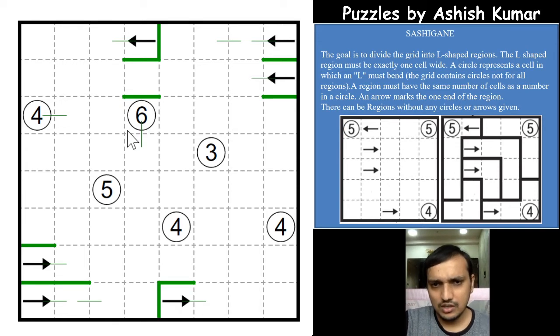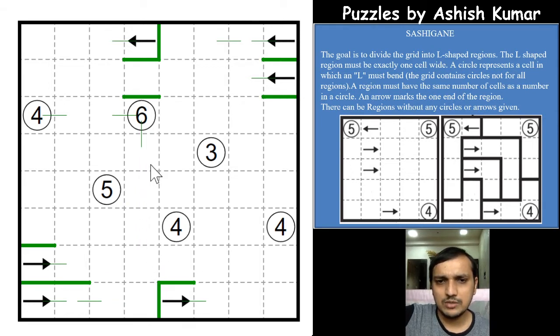Now again, what happens if this one cell is part of the 6? If it goes here, all the other 5 cells have to come down, and this cell has to be a part of one of the regions. Let us extend this to form a region, and it forms an I shape now. This arrow indicates the bend cannot form a bend here. It cannot go up because it will mix with the 6, and you cannot bend here because it won't form an L.